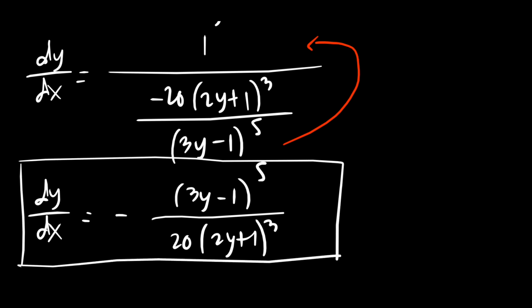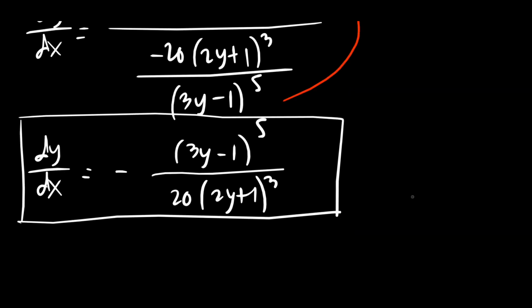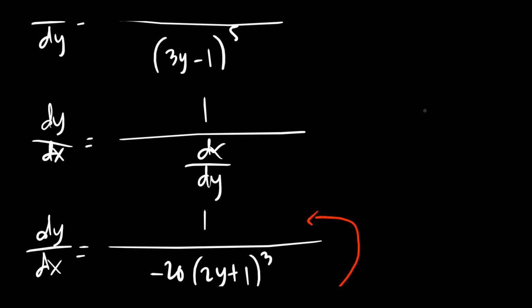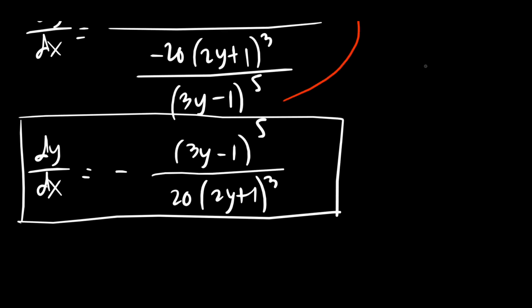So let's check if our answer is correct. Negative 3y minus 1 raised to the power 5 all over 20 multiplied by 2y plus 1 cube. So our answer here is correct. So that's all for